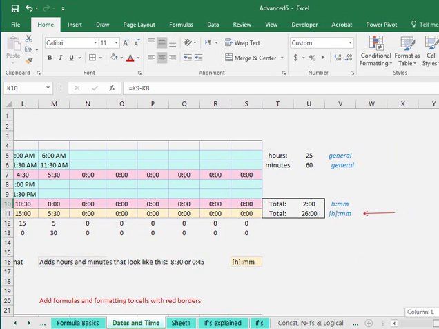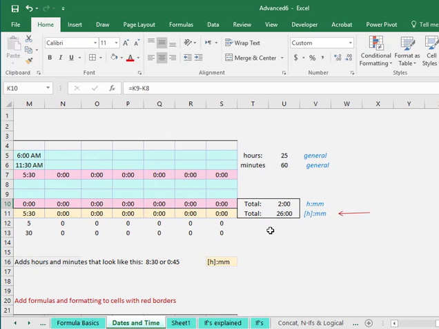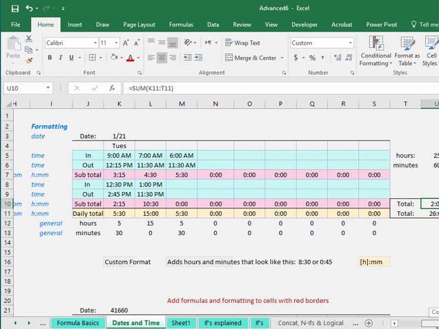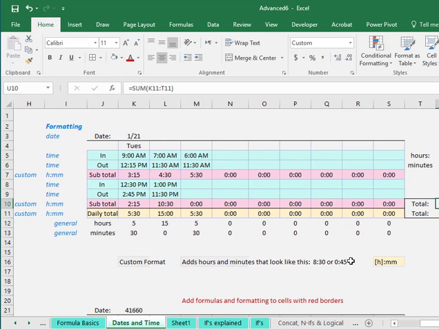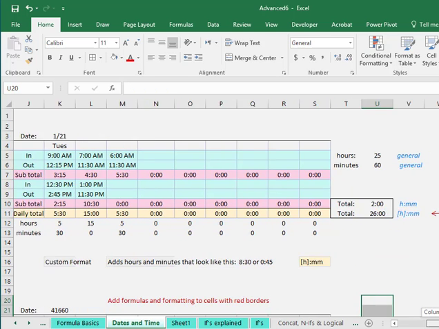Now if you come over to this side, you have the totals. This is the hour and minutes total, and it comes to only 2 hours, but in fact we've got quite a few more hours than that. This row totals 5 hours, this row totals 15 hours, this row totals 5 hours, and this one totals 30 minutes and 30 minutes. Overall, it's going to come up to more than